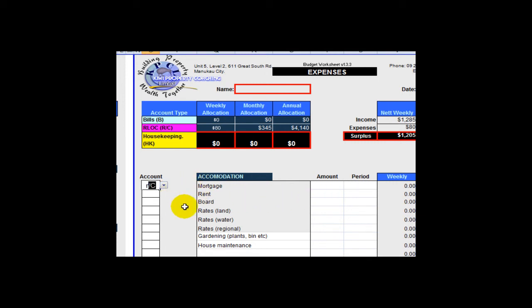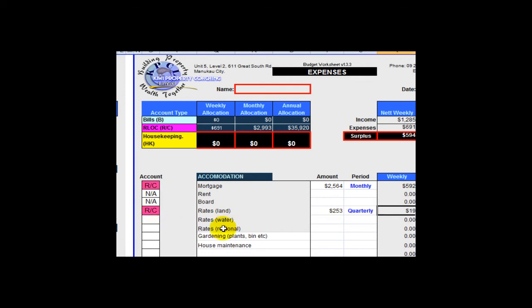So we're going to start with the revolving credit. I just hit the R, and that coloured itself in. Let's say the amount there is 2564, and that's a month, and there it works out the rest for us. Rent is not applicable, so we just hit the N there and just keep hitting the enter key until we come to one that we need to do. Rates will be a revolving credit, etc. So we'll bang rates in there at $253, and we'll say that's a quarter, and on we go down like